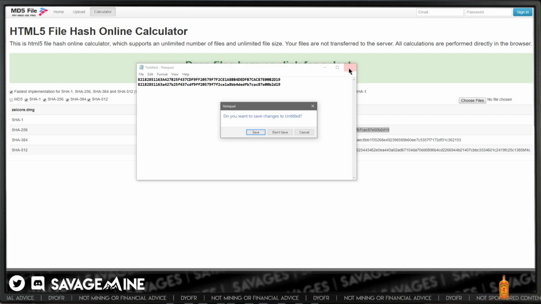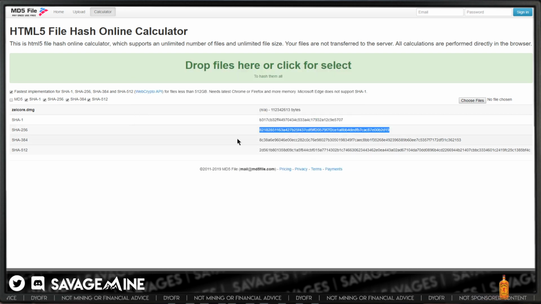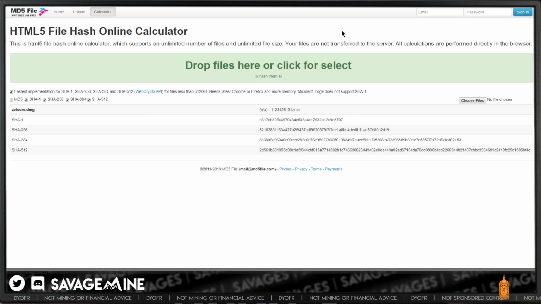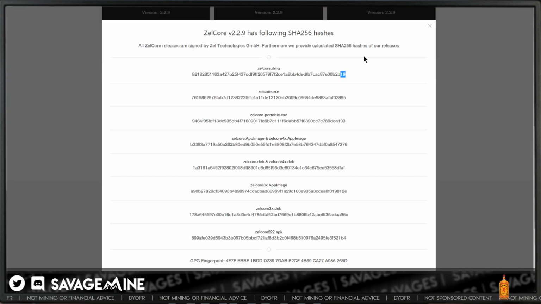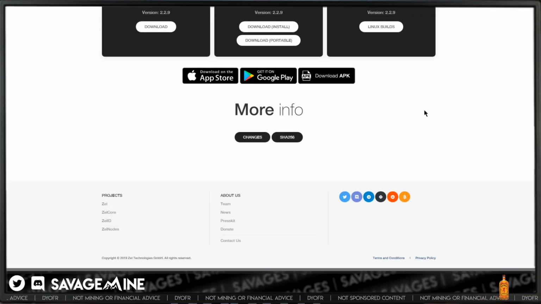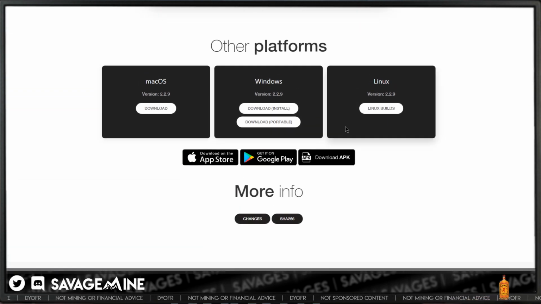Okay, so at that point, I would say that this was a valid file, at least in the sense that it is the file that the developers uploaded to the website and provided the hash for. It is that file. But again, at that point, you are trusting the developer. You're also trusting the website manager, right?